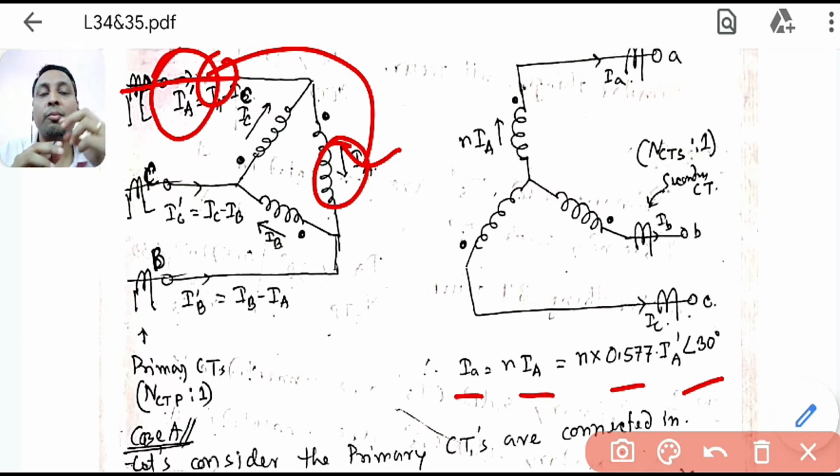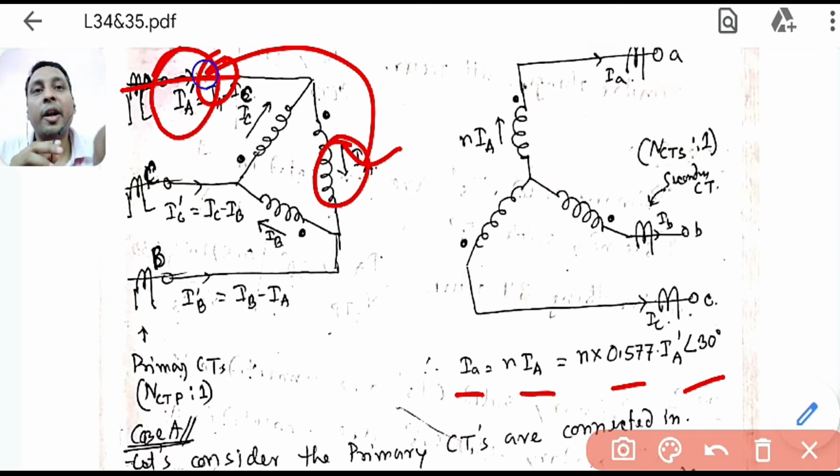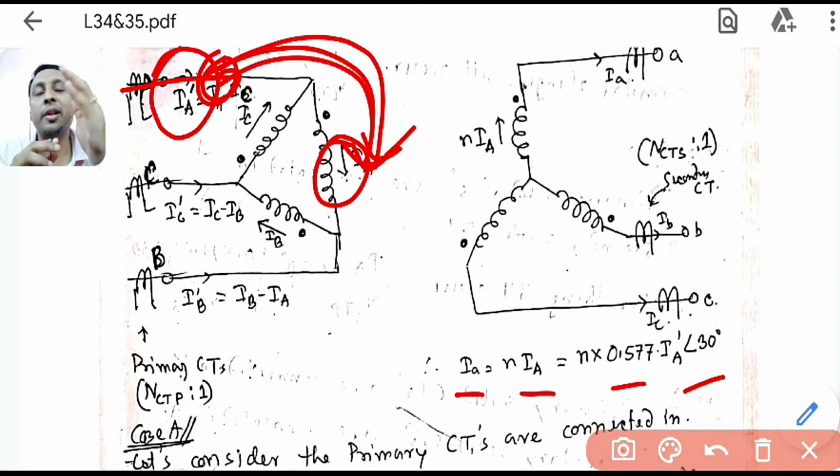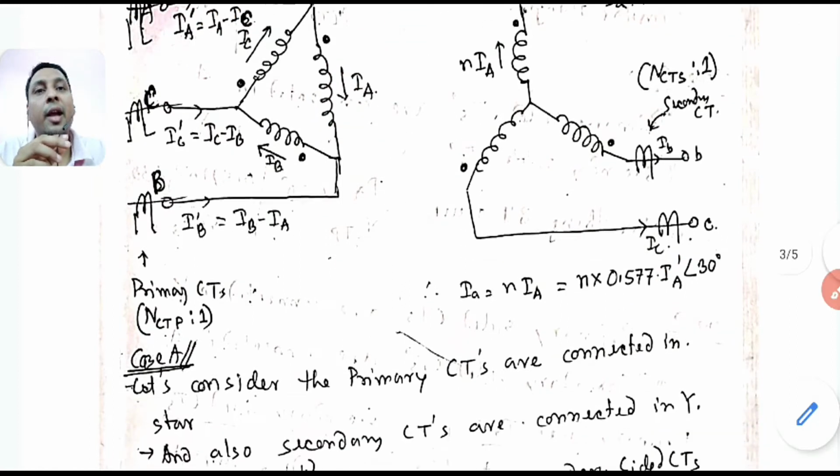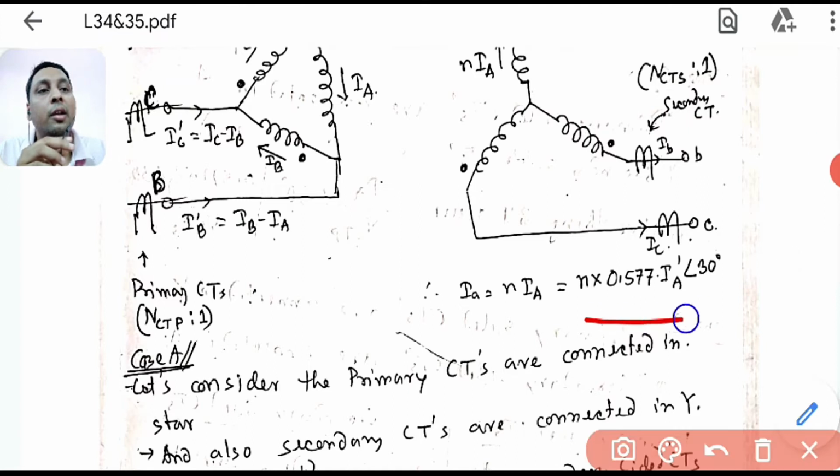In the case of voltage, if you convert from line to phase, the standard is lagging by 30 degrees, because line voltage leads phase voltage. So if you are coming back to phase, that means you are lagging. In the case of current it will be leading, so it is plus 30 degrees. Now you can see what currents they are sensing. Here it is sensing IA dash, and here it is sensing this much of IA dash with a shift of 30 degrees.